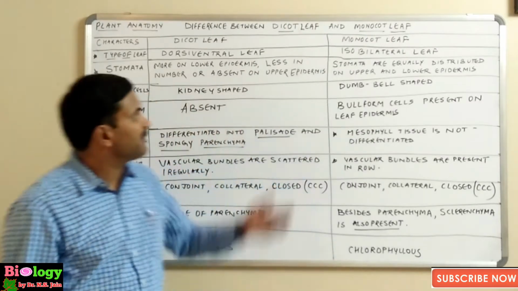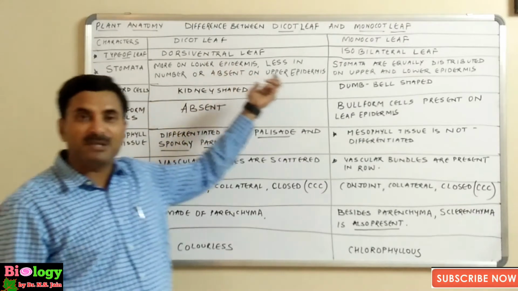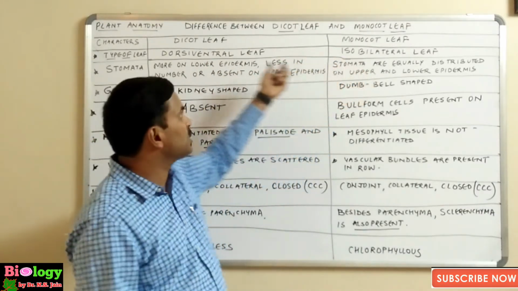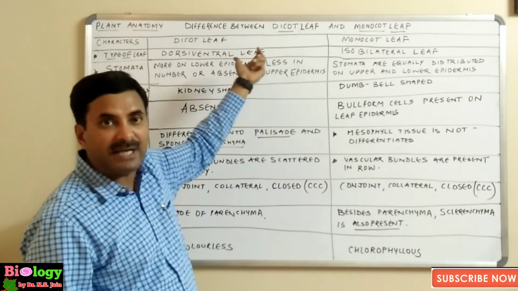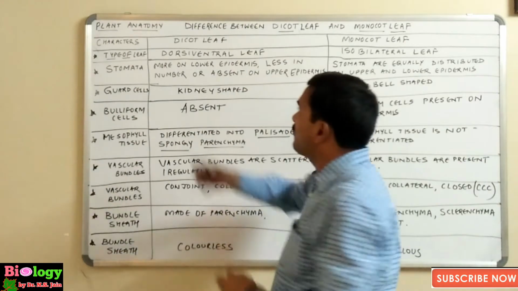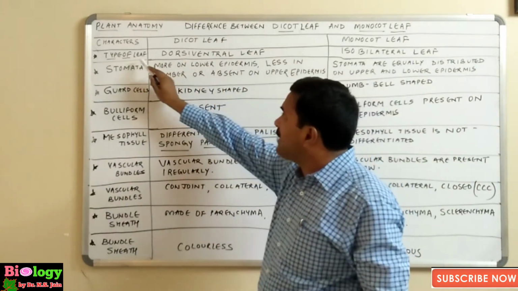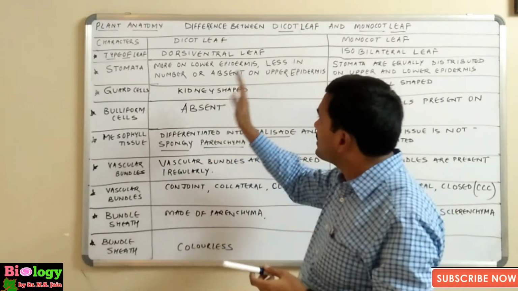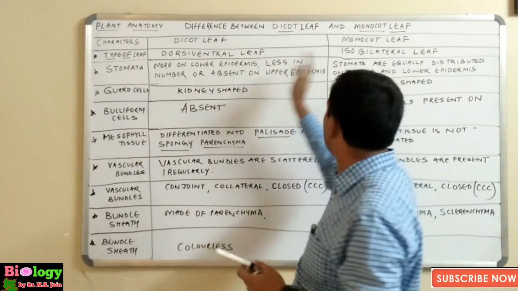Hello students, today we are going to discuss the differences between the dicot leaf and the monocot leaf, and this is the topic related to plant anatomy. Let's see the differences here. First of all, the type of the leaf. You must know what is the difference between the dicot leaf and the